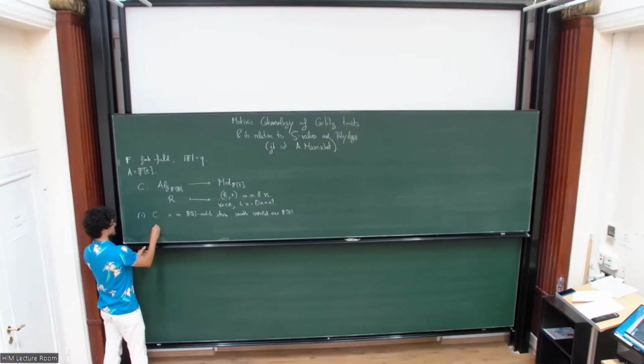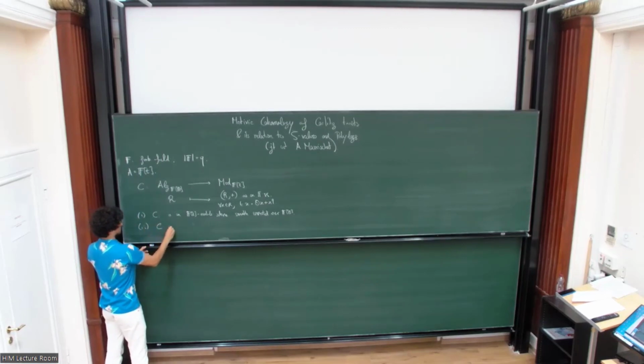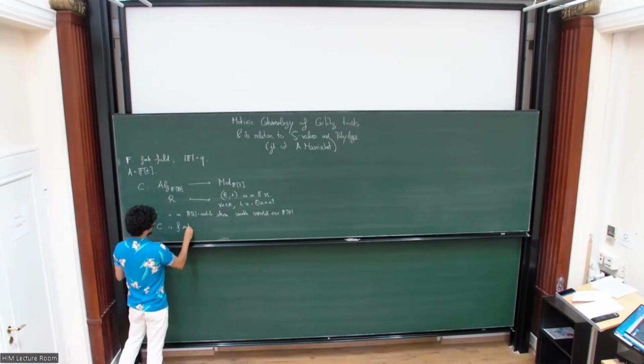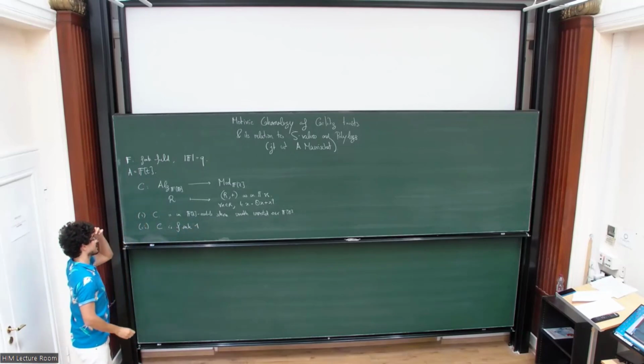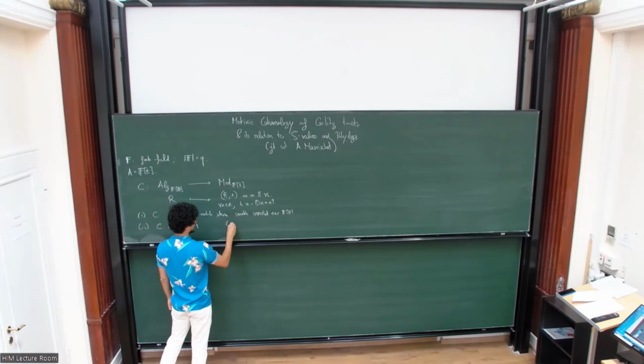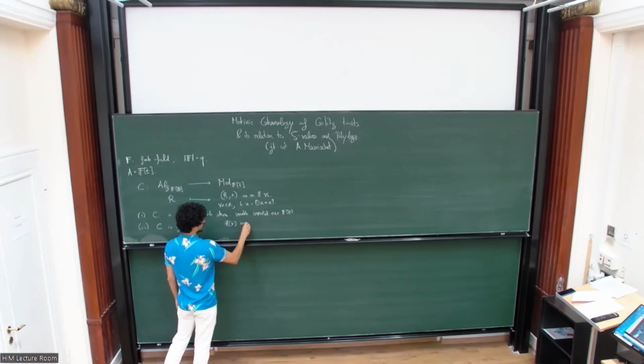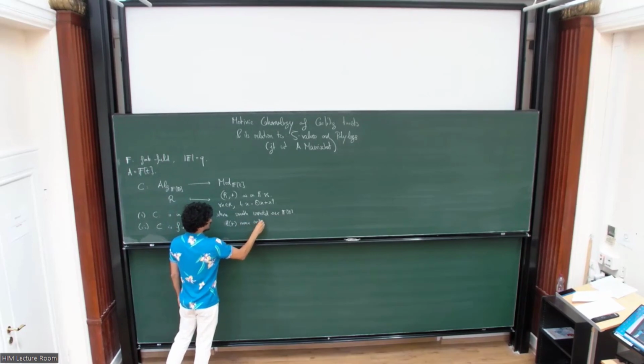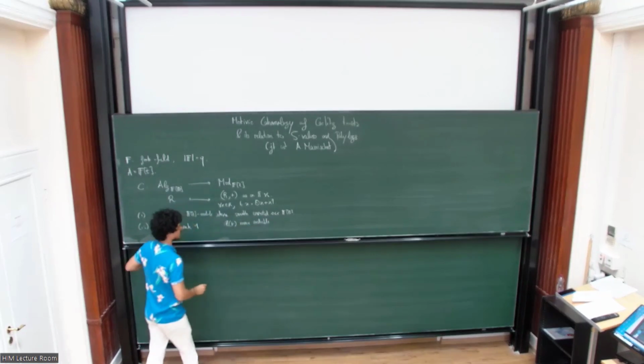And also C is of rank 1, meaning that if I take l(T), a monic irreducible polynomial, that is, a prime,